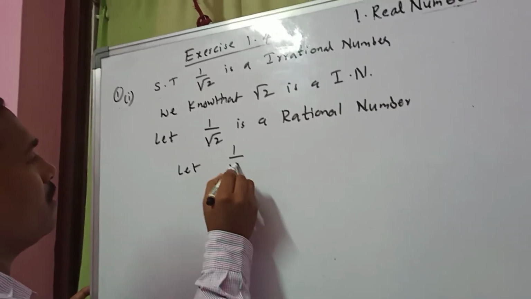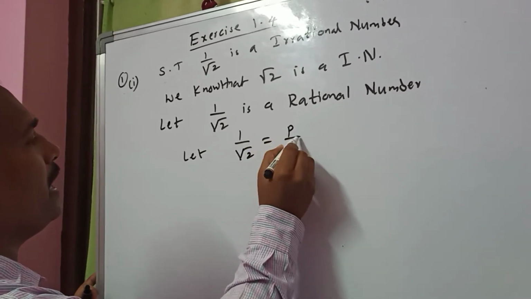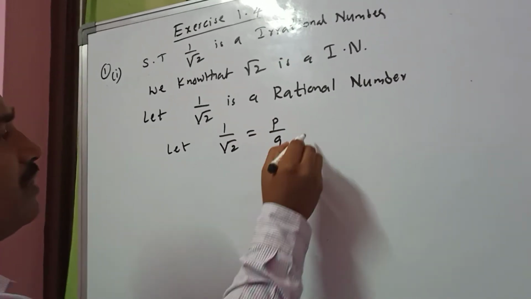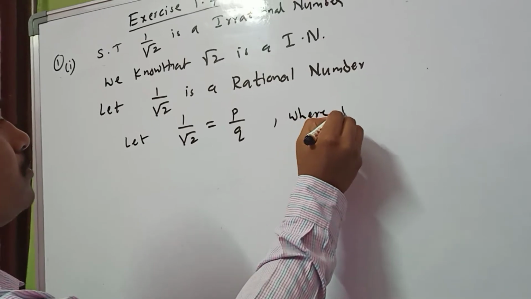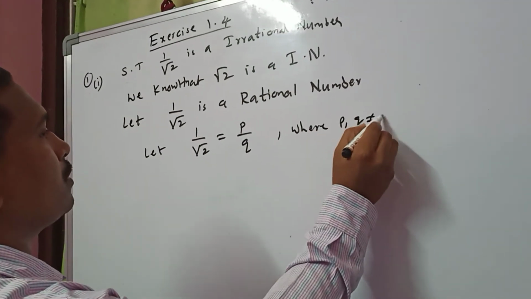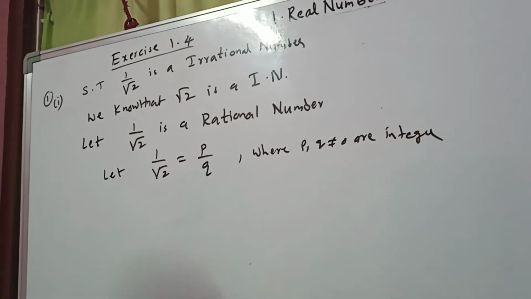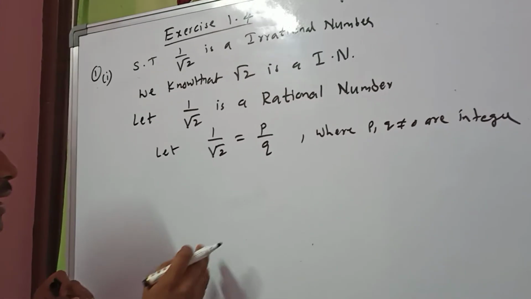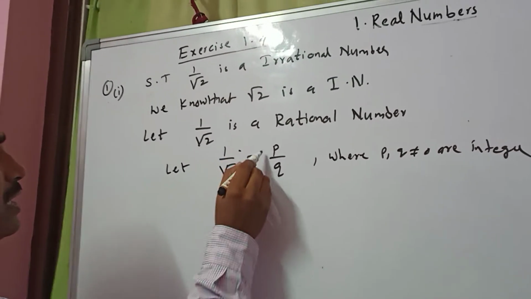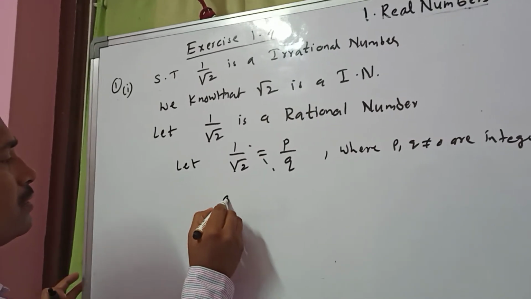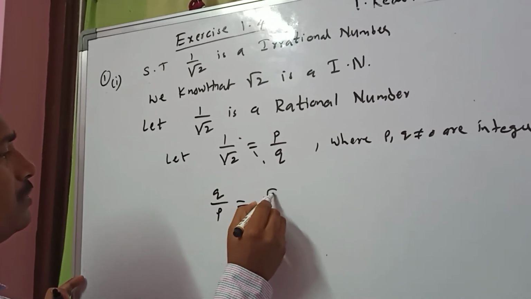So 1 by root 2 equal to p by q, where p, q are integers. If you cross multiply, you can get